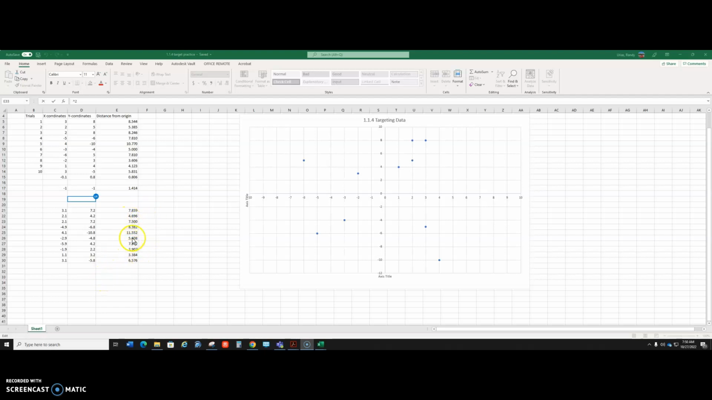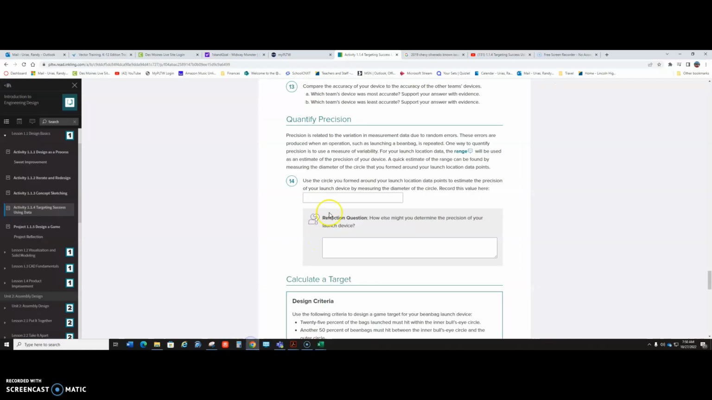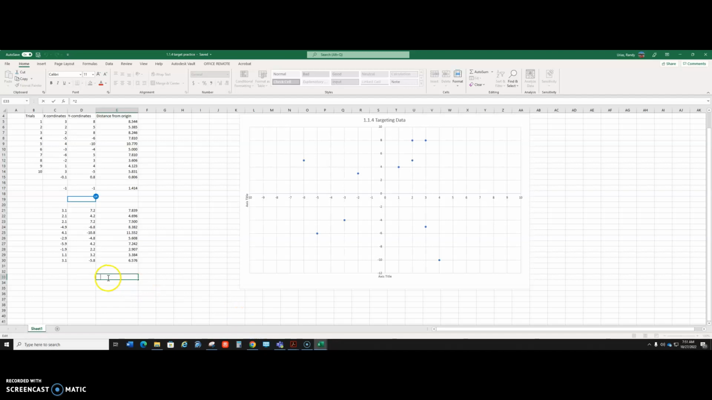So again, now what we're doing is we are trying to find the measured diameter of that circle, record your value. All right, and so instead of measuring it, we're going to use the spreadsheet. Works great to do it. And on this one, all you're doing is finding your largest value. So there's my largest value, which is 11.55, right? So all we're going to do then is we're going to type in,